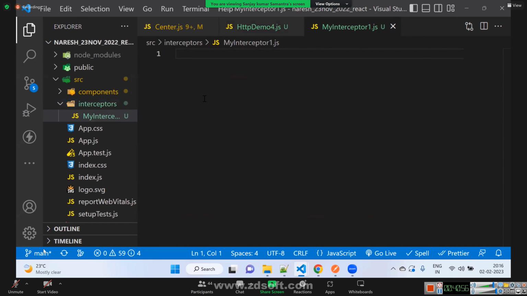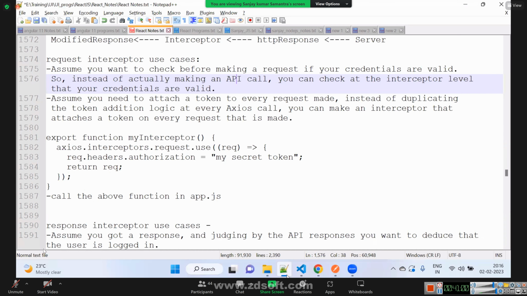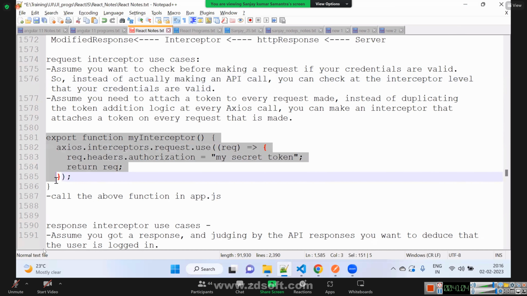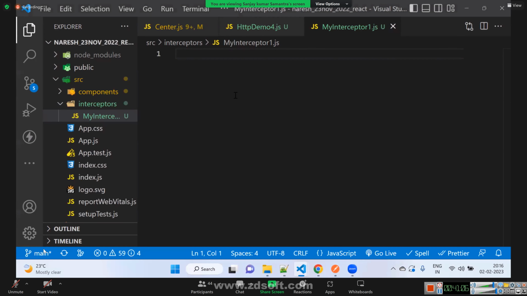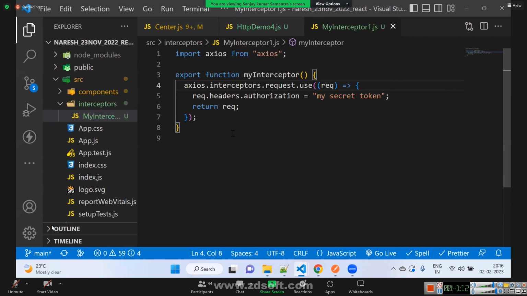This is one interceptor. In this interceptor, we will write some logic. What is the logic that we are writing? Please understand.